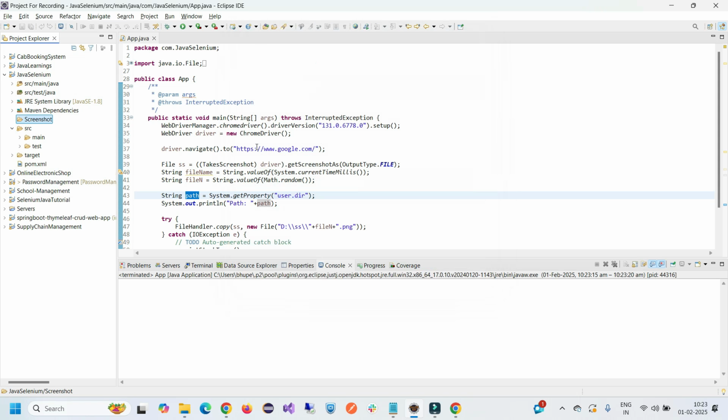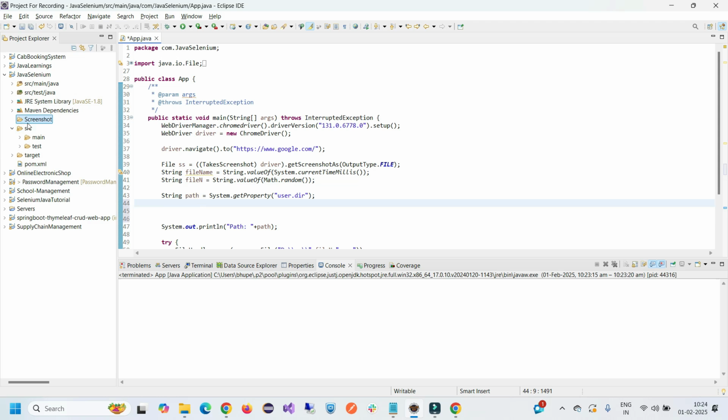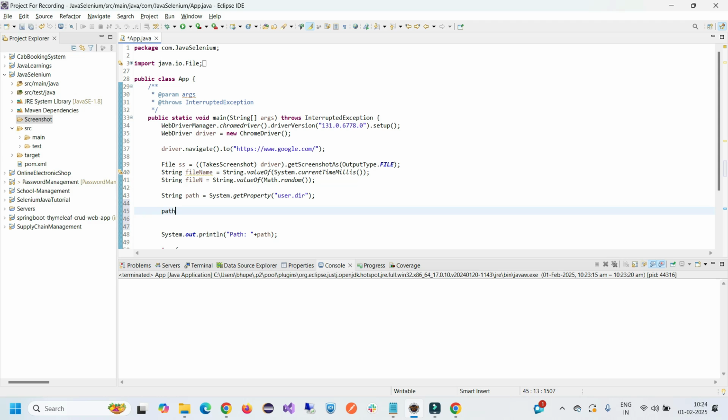Okay, also I can create it in the main or any other folder. If you want to store into a target folder or into a documentation folder, you can create a folder and then you need to pass the path. Okay, so now we have the path in this, right? So I have created one folder, so we have to attach this folder with this path. So what can I do? Path equals path plus